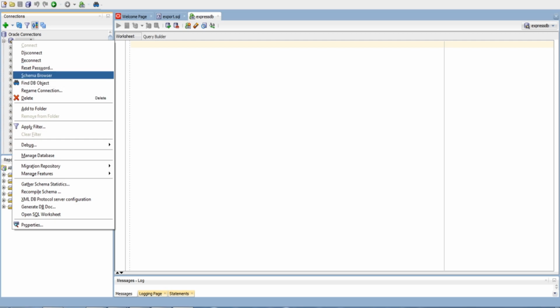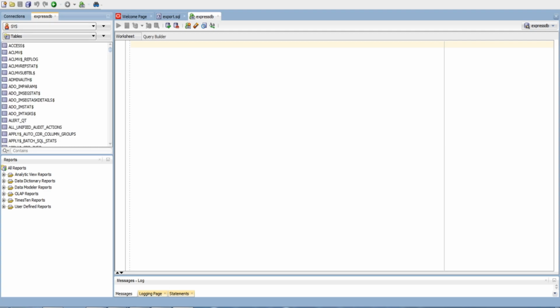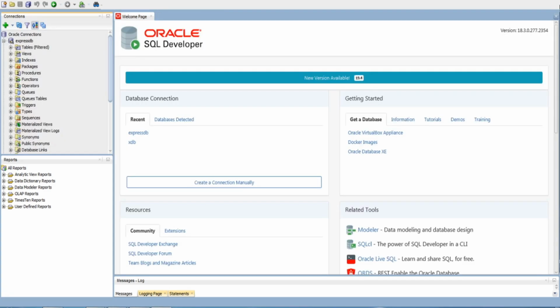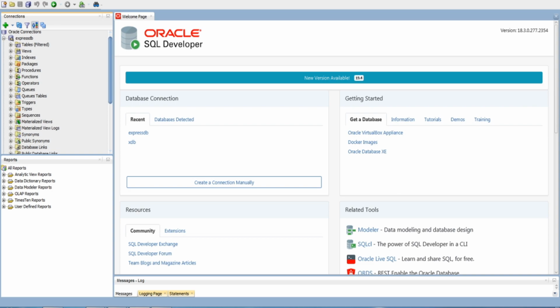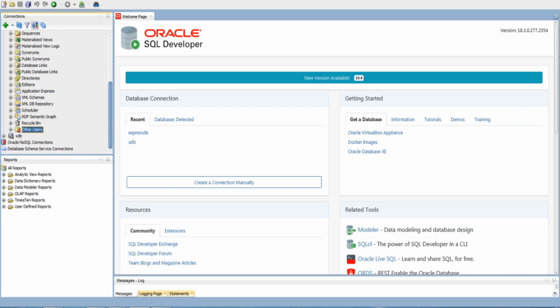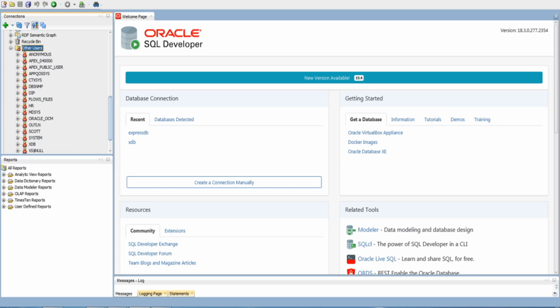Schema browser, click on schema browser. Scroll down, you can see other users, click on other users.